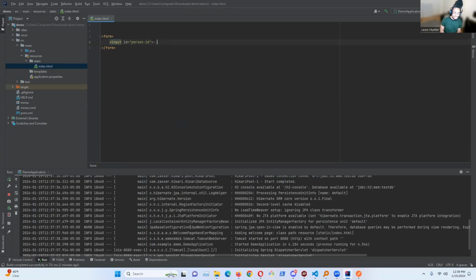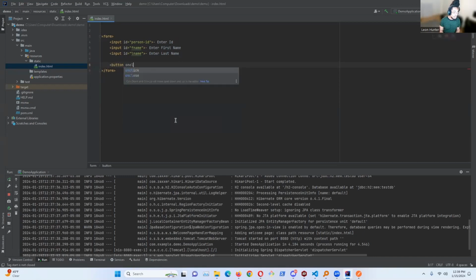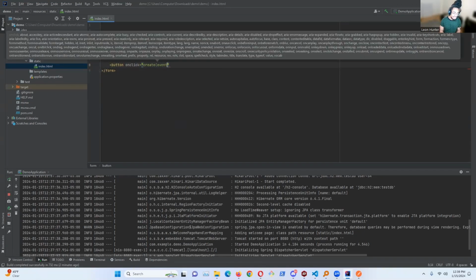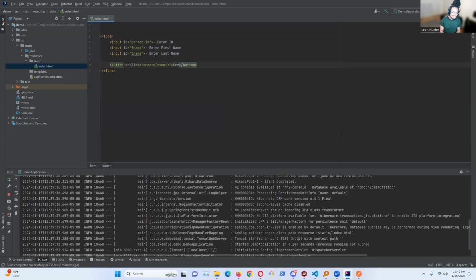And here we can add some text to help the user. We'll say enter ID. We'll create another input for first name. We'll say enter first name. Another input for last name. We'll say enter last name. And then a button which on click will invoke a JavaScript function named create, which takes an argument of an event. We'll add text to the button which says create, and we'll create another button which on click will invoke